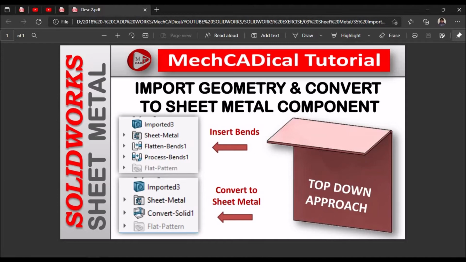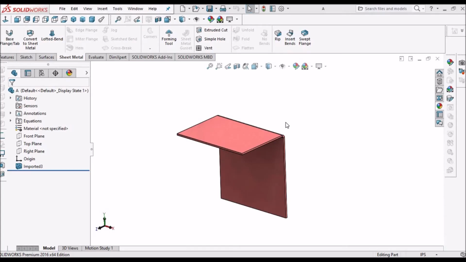So let's start now. See, here I have imported a sheet metal component which is in Parasolid. You can see here the dumb solid. I have to create sheet metal features.